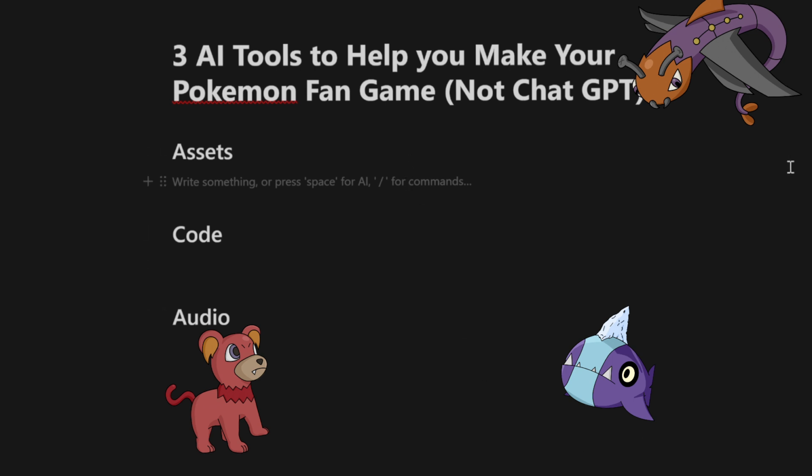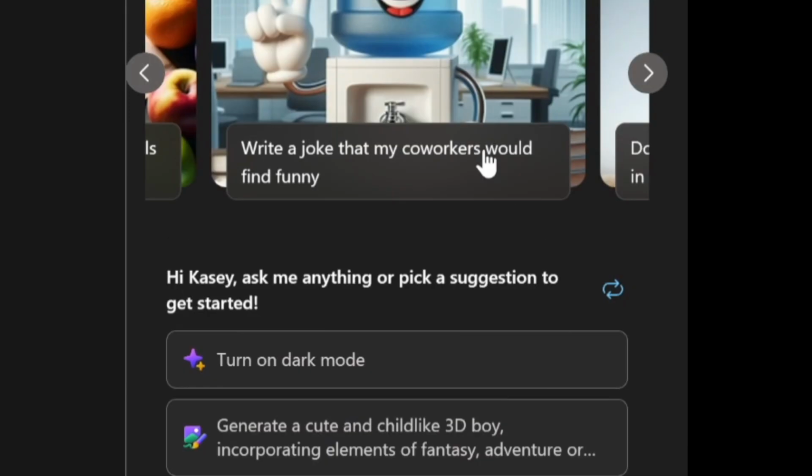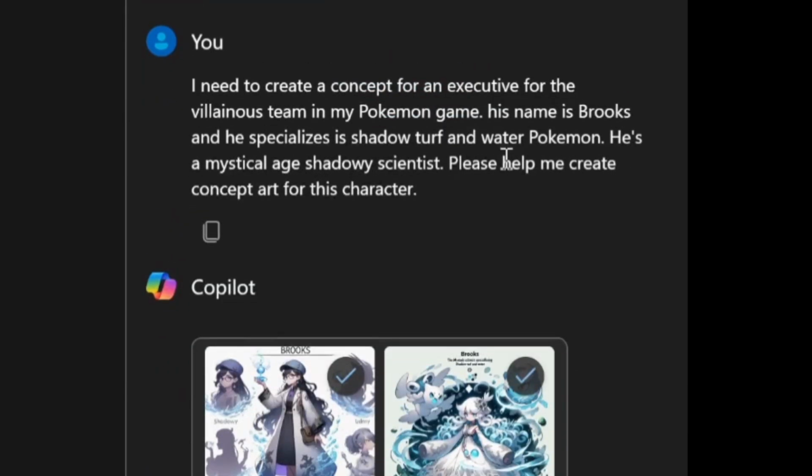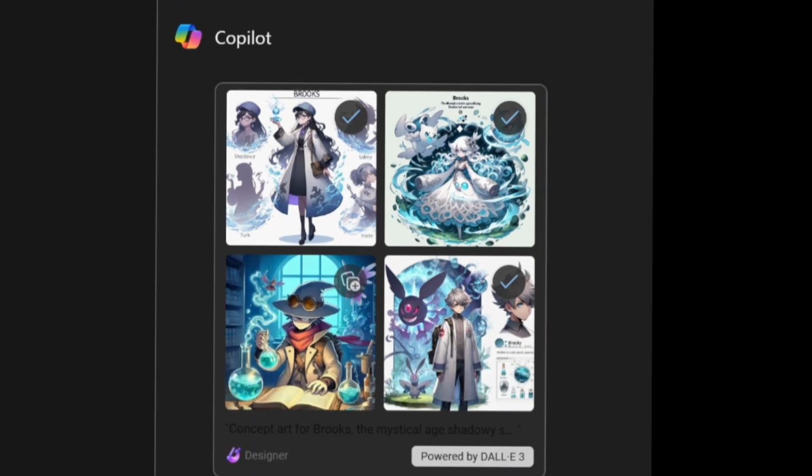And the first tool we're going to talk about is Microsoft Copilot. So Microsoft Copilot is pretty cool because honestly, I think it's just so much better at doing what ChatGPT wants to do and more. This is my Copilot window. You should have Copilot built in if you have a more modern Windows PC. It's in pre-release right now, and it can use GPT-4 for some of the things that you would use